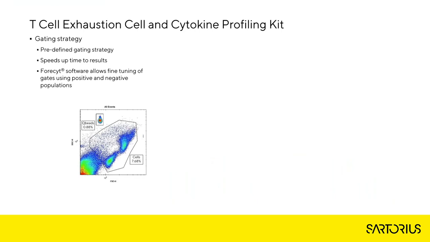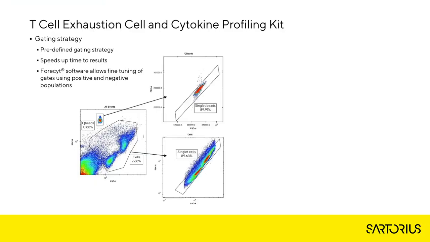Also provided with the T cell exhaustion kit is the predefined gating strategy. This speeds up the time to results as these gates are auto-populated whilst the data is acquired. Foresight also allows the fine-tuning of these gates by using positive and negative populations. Initially, Q-beads and cells are clearly separated using the forward scatter and side scatter graph. Singlet beads and cells are then selected for, and Q-beads are then split into TNF-alpha and interferon gamma based on the bead's